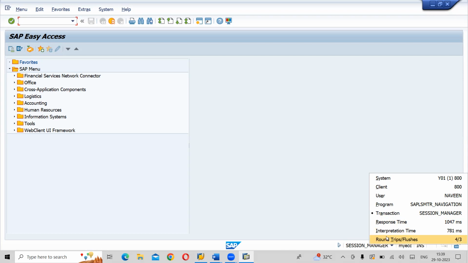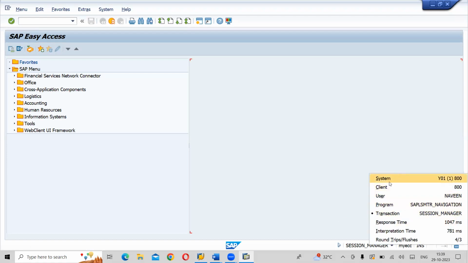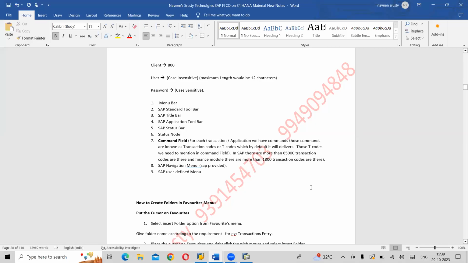Round trips are nothing but cycles, how many cycles we worked. This is a new thing; we don't have a status node in MS Office. All the details you will get here in the session manager. System, client, user are not required for us, but still.